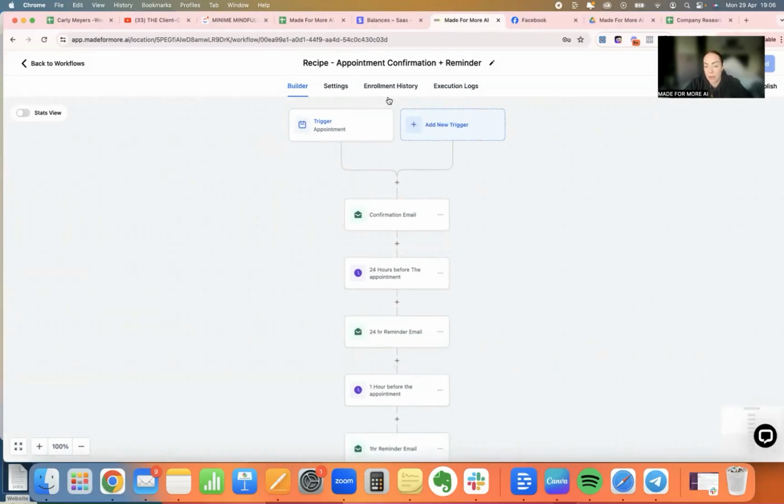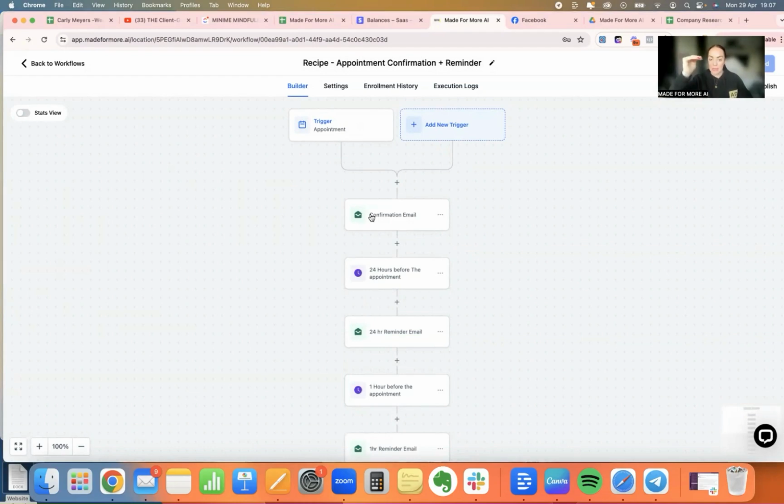In a workflow, you've got two different aspects: you've got a trigger and you've got an action. The trigger is the thing that is going to kickstart this whole workflow. You might say the trigger is when someone fills out this form, I want these actions to happen. Or when someone books this appointment, or when someone purchases this product, I want these things to happen. With every workflow, you will have a trigger where you're saying, I want this workflow to fire off when